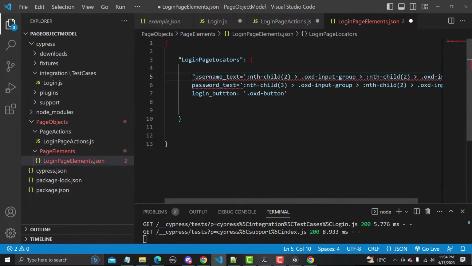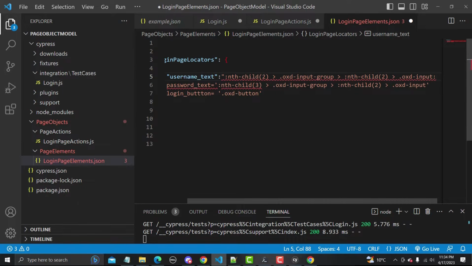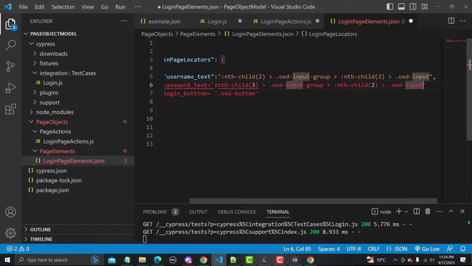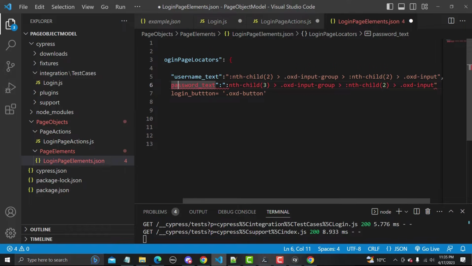So let's make it proper. We don't have an equal sign, we have a colon. We don't have a single quote, we have a double quote here. So, and double quote here, and at the end we have a comma, and again we have to do double quotes here, and we need to put a colon, and again double quotes here.